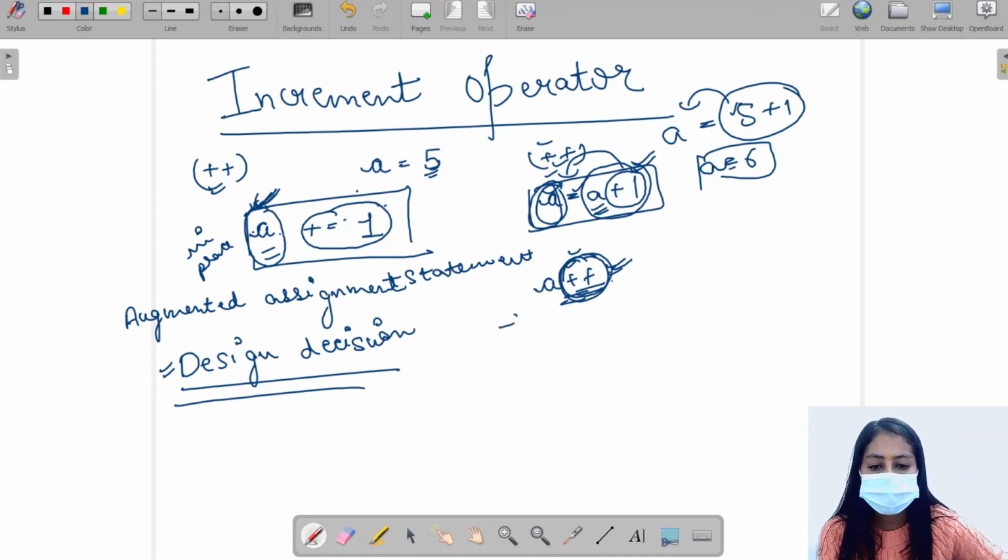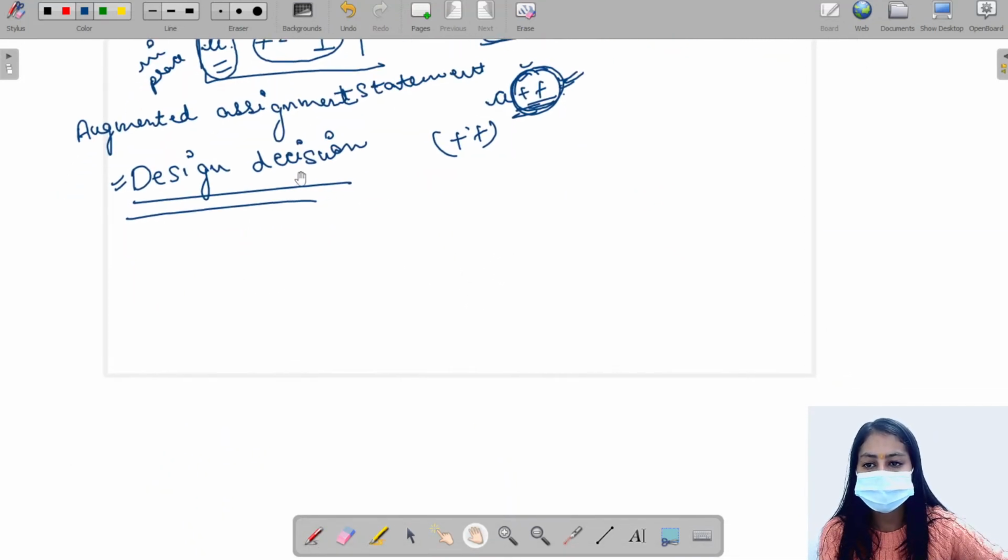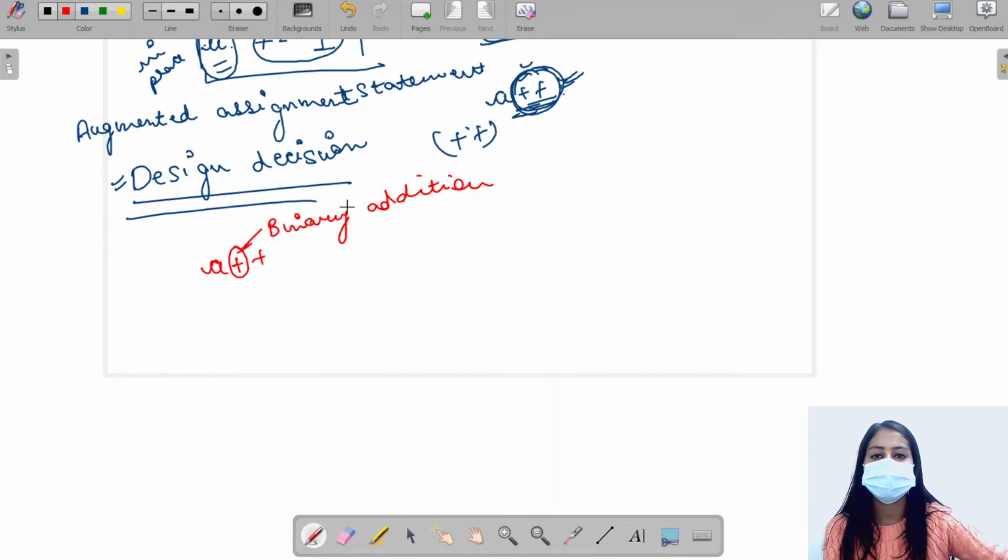Next, what will happen if I use this operator in Python? If I use the post-increment operator in Python, it will be treated as a simple binary addition operator. This operator requires operands on both sides, left as well as right.